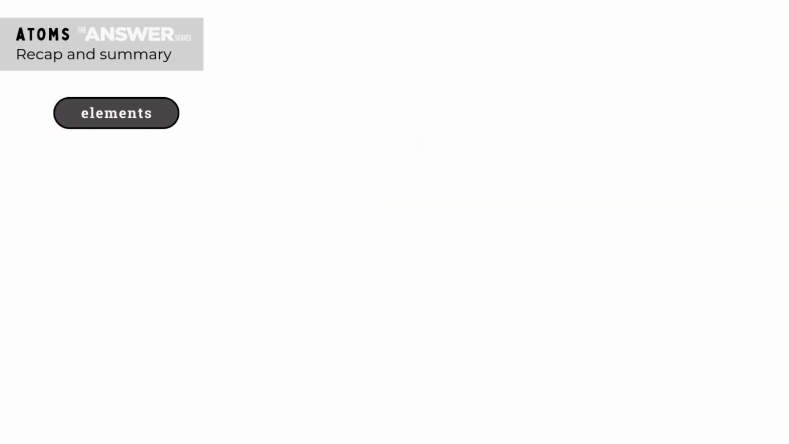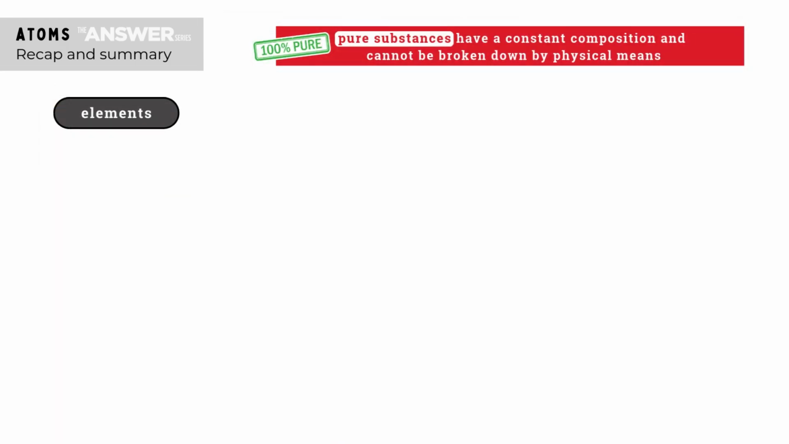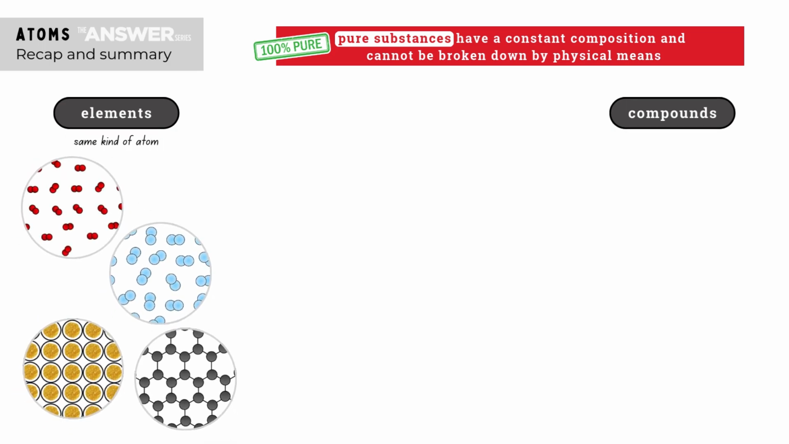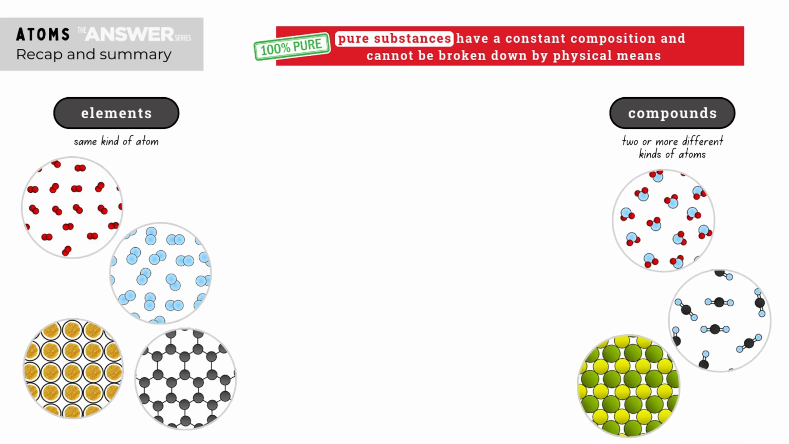Elements are pure substances, which means that they have a constant composition and they can't be broken down by any physical means. Compounds are also pure substances. The difference between elements and compounds has to do with the composition of their atoms. Elements will always consist of only one kind of atom. Compounds, on the other hand, consist of two or more different kinds of atoms, atoms from different elements that have